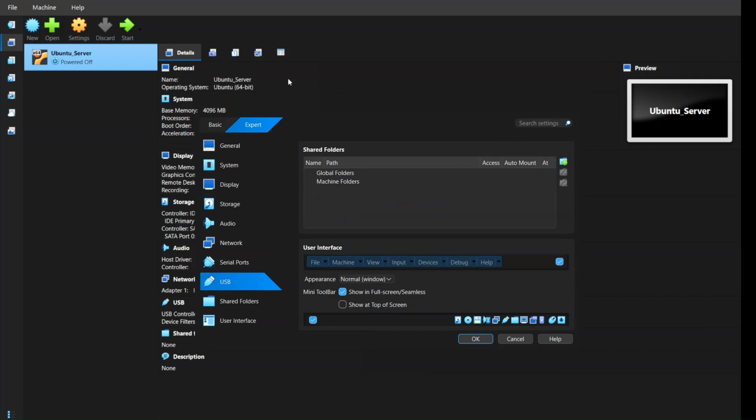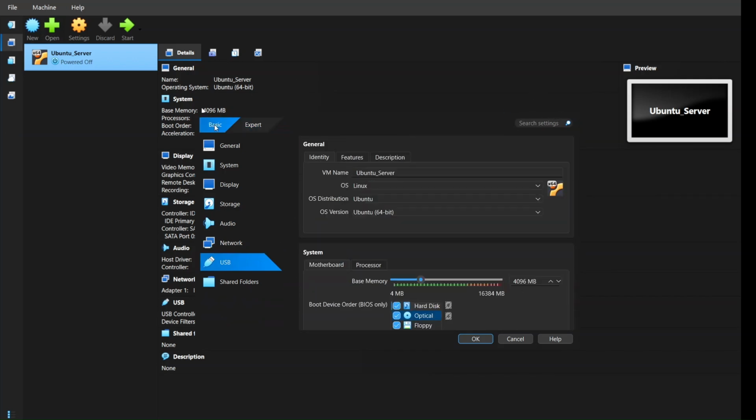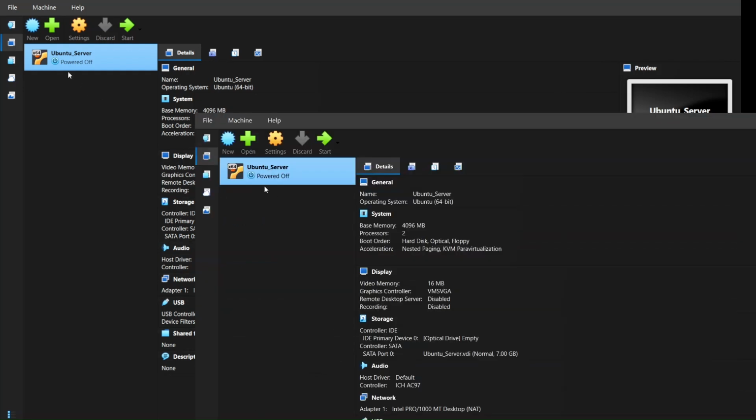Okay, so at this point we've looked through most, if not everything, on the Ubuntu server, and we are just trying to make sure that everything is okay. So now we are going to restart or start the Ubuntu server, or the virtual machine,